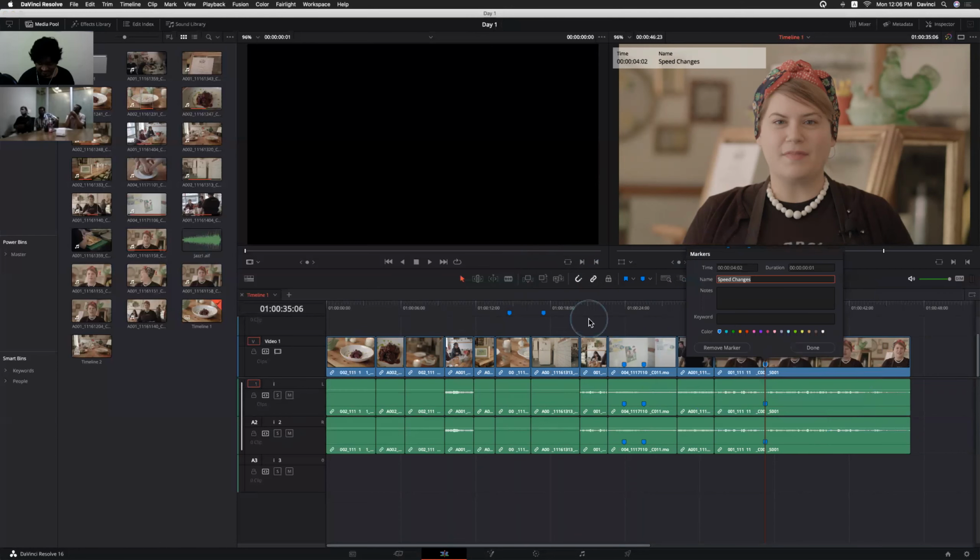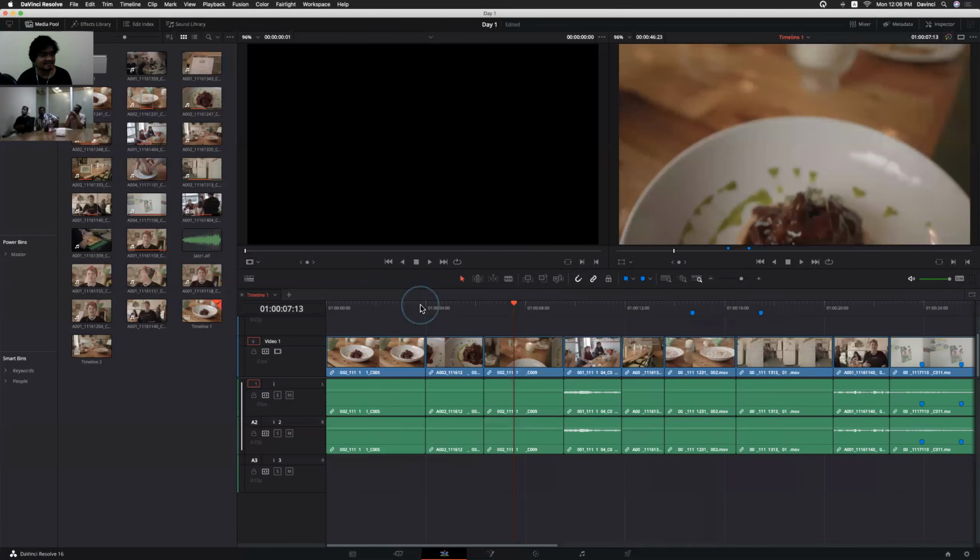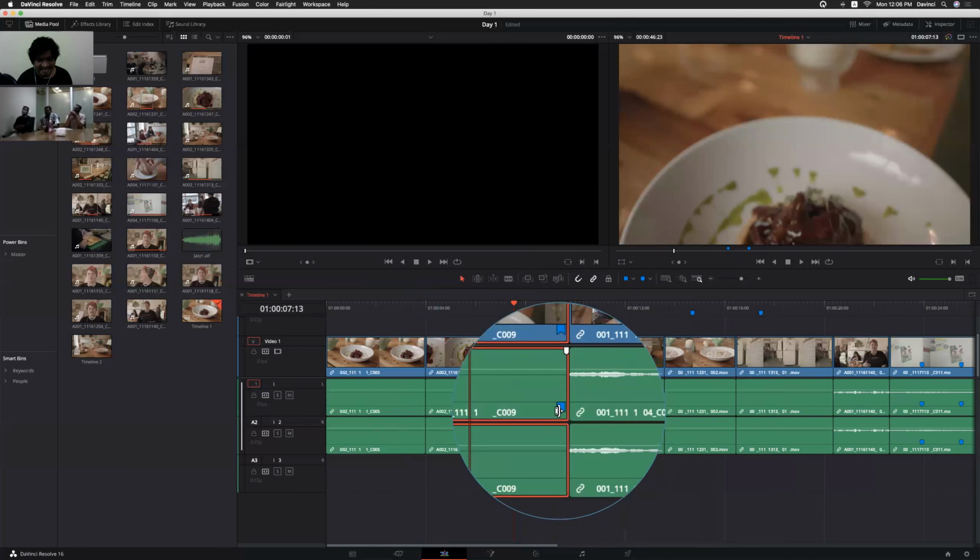But what is the difference between flags and markers? If I select a clip and click flag, it only adds to the selected clip, not to the timeline. As for the markers, we can add them to the timeline or to the clip, whereas flags add to the clip only.